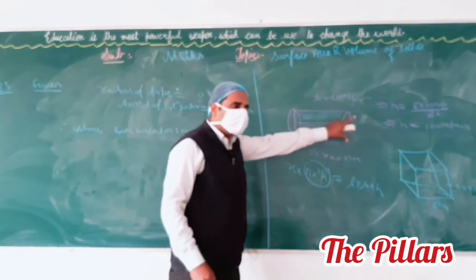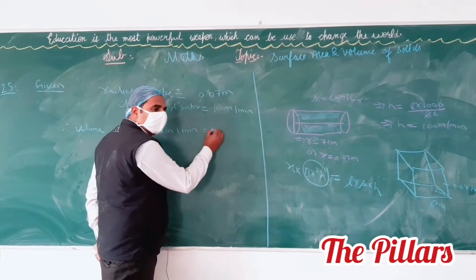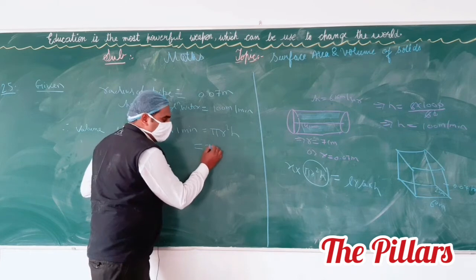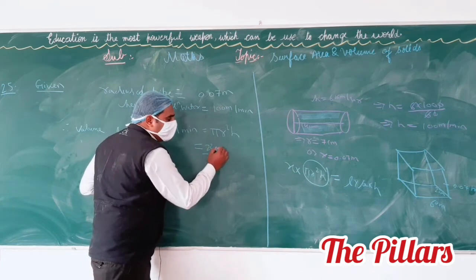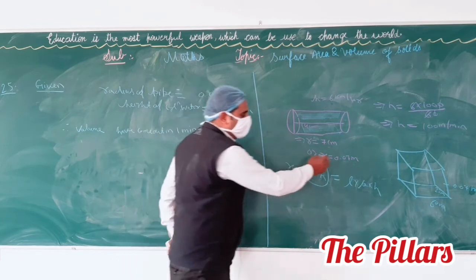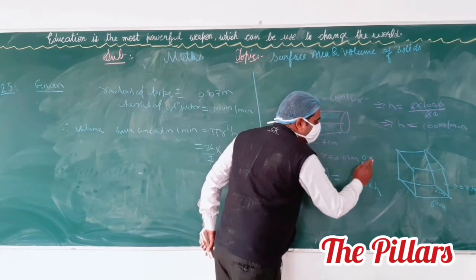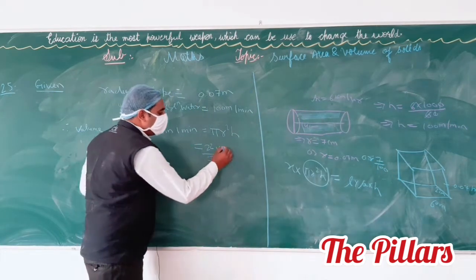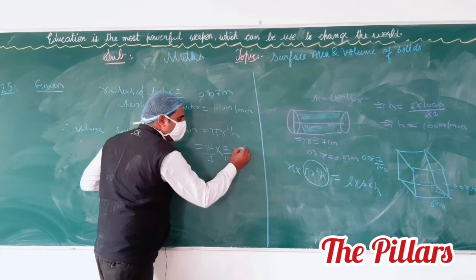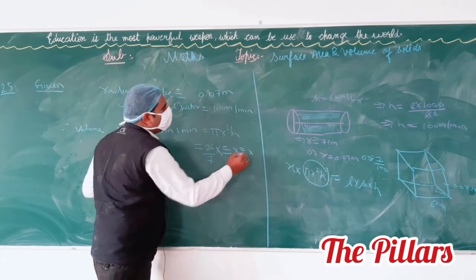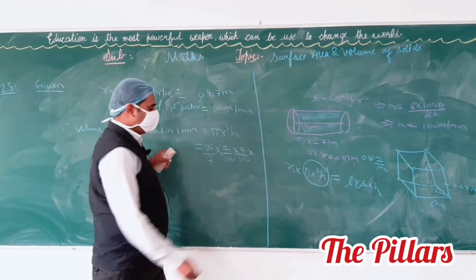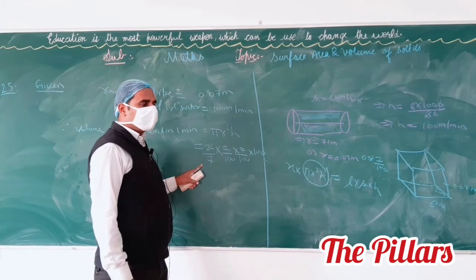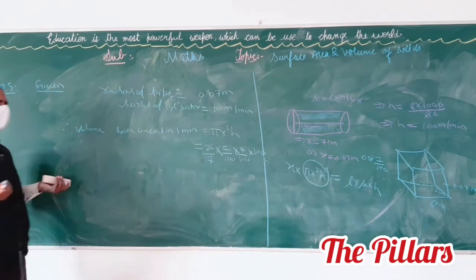This shape is a cylinder, so you have to calculate the volume of the cylinder, pi r square h. The value of pi is 22 by 7. The value of r is 0.07, that is 7 by 100 meter. You have to use this one: 7 by 100 into 7 by 100 into the value of h, which is 100. Till here anyone have any problem? This volume comes out in 1 minute. Both are easy. Okay.